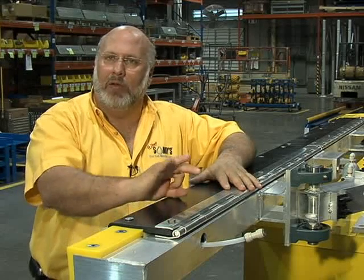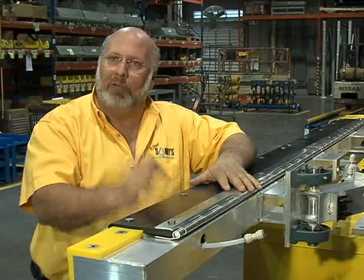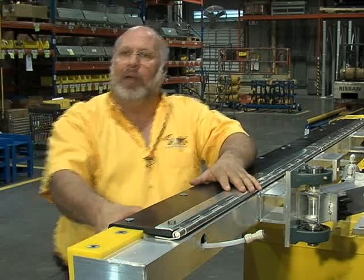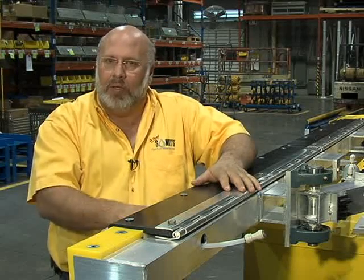The other thing we did when we did this, we actually made a smaller nozzle. I sent up a bunch of different types of nozzles to the folks at Simonize to practice with and play with, and they realized that the smaller nozzle would pressurize better and actually give us more flow and more velocity through the nozzle and get the chemical where we want it, out here to the face of the pad. And by doing that, we increased the performance of the machine, reduced the use of the chemistry, and made the